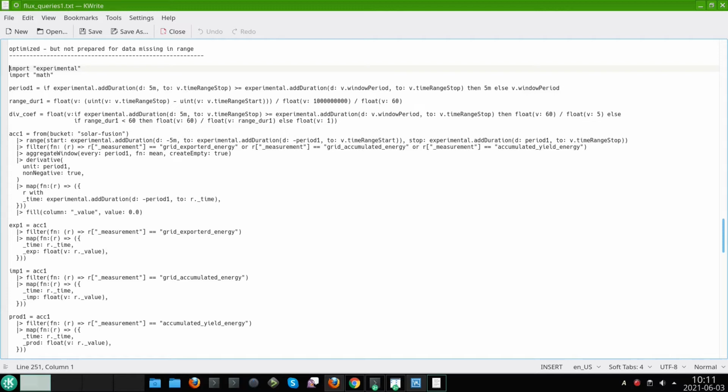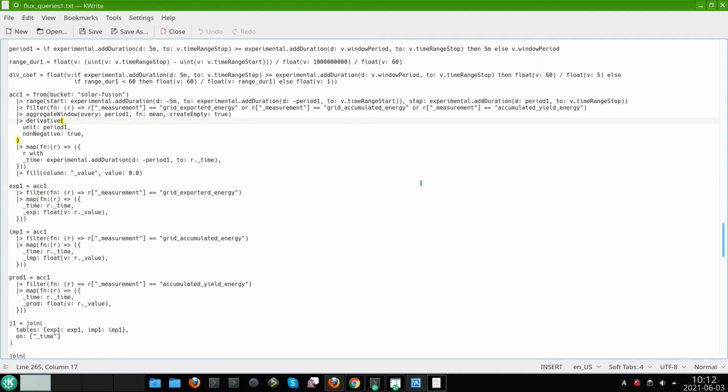That query uses the derivative function, a built-in function in Influx, and I don't remember the correct name right now, but you have pretty much the same function but without the unit here, and that function will also calculate the differences, but the derivative function will also scale values nicely in the cases when you have, for example, gaps in some data range, because if you want to calculate with the specified period, for example 5 minutes,